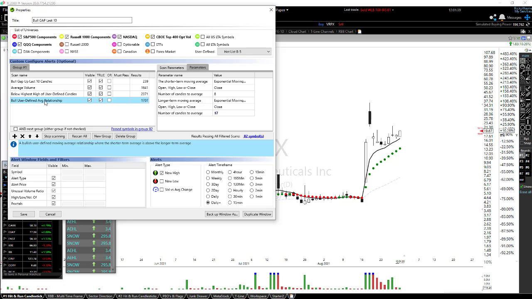So what this says is I just simply want the 8 exponential moving average above the 17. That guarantees you some kind of a trend, at least the trend where the 8 exponential moving average is over the 17 exponential moving average. There's got to be some kind of trend there. Maybe one you might not like, but overall, there's got to be some kind of a trend there. So I've added a few things with this.